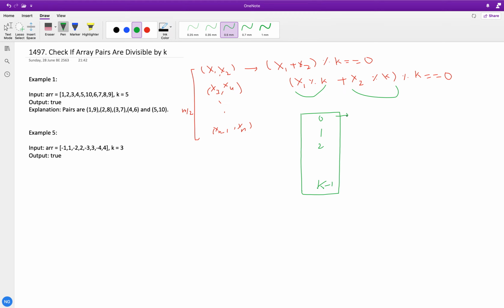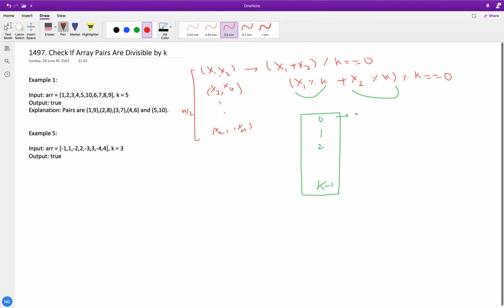From example 1, modulo 0 has two numbers, 5 and 10, so the count is 2. Similarly modulo 1 has two numbers, 1 and 6, count 2. Then 2 and 7, again 2, modulo 3 with values 3 and 8, again 2, and last modulo 4 with 4 and 9.